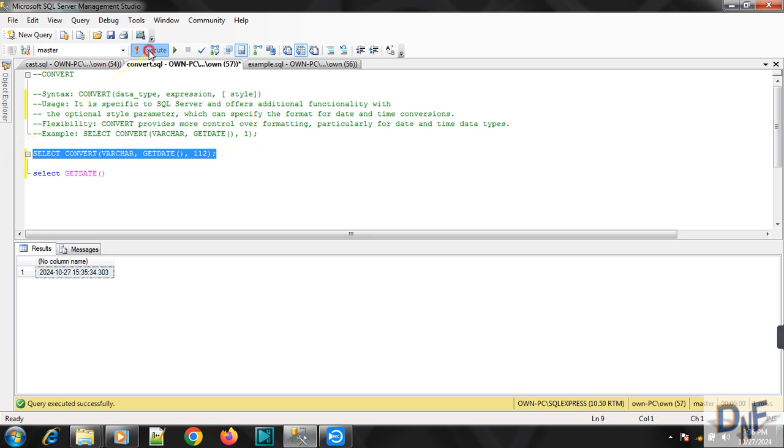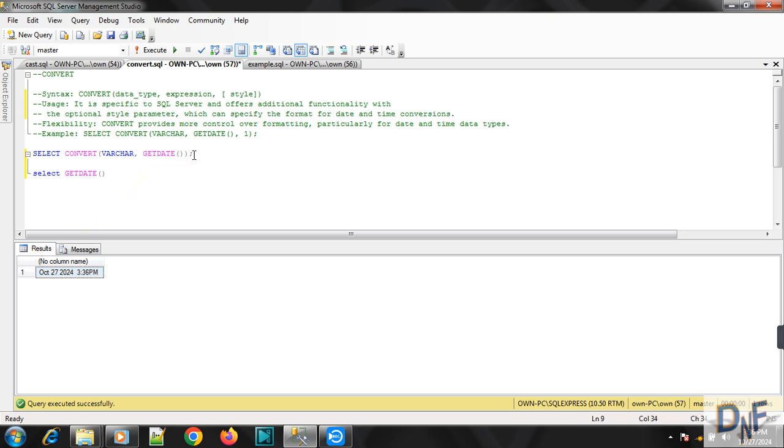If I select this, you can see it converts the date into a specific format. If I do not put the style parameter, it converts to the normal date which is supported by SQL Server: month, date and year and time, which is the standard default date format.